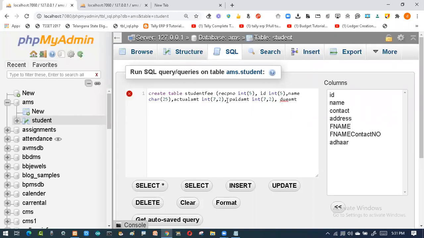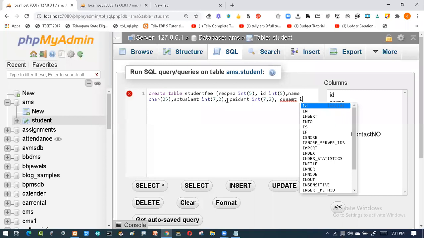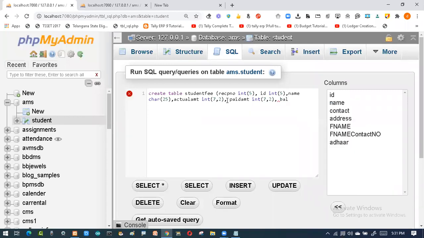So the balance, or you can say due amount, or balance amount left to you. Then again integer, 7 comma 2. Then if you want the date on which he paid, so date of payment.